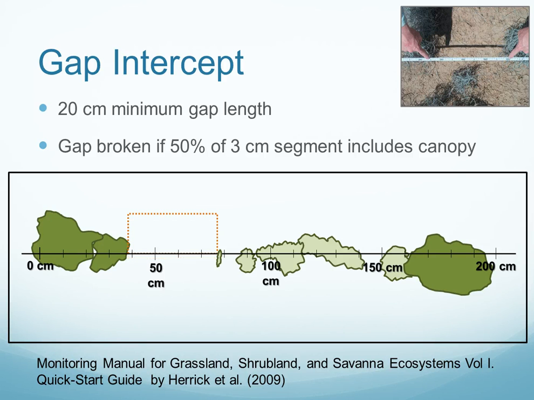So let's take an example here. We see a gap that starts at 38 centimeters and ends at 77 centimeters for a total gap length of 39 centimeters. Now, you may have wondered why we didn't draw this gap out to this larger canopy here, and that's because of this rule. The 3 centimeter segment has been broken. More than 50% of a 3 centimeter segment includes canopy, and because of that, the gap does not extend beyond